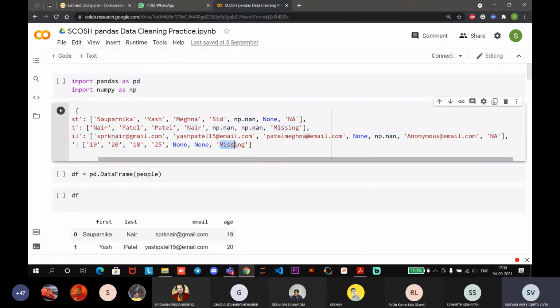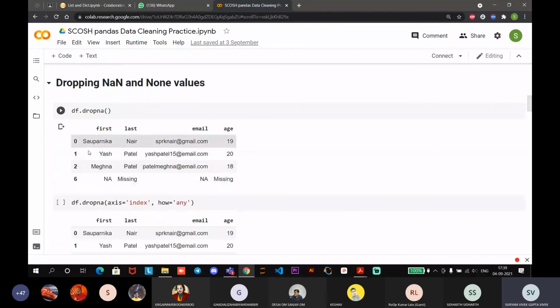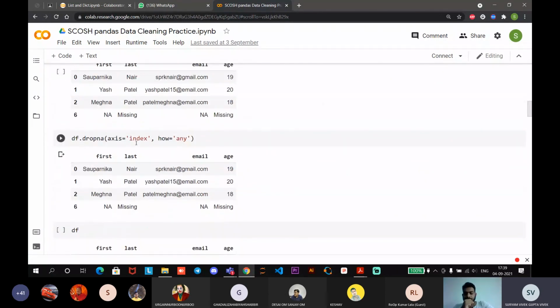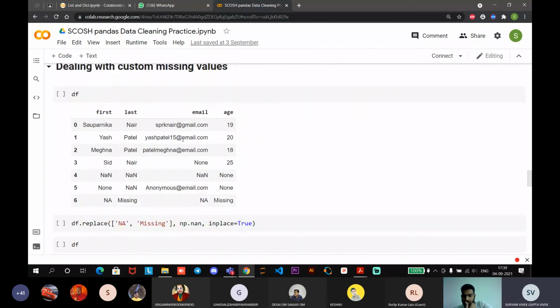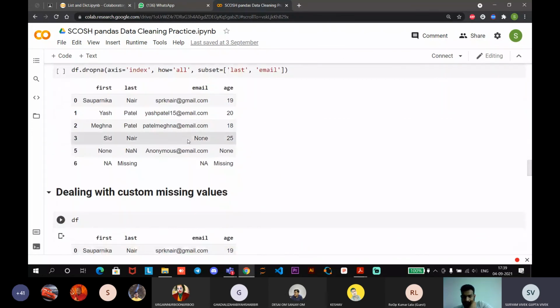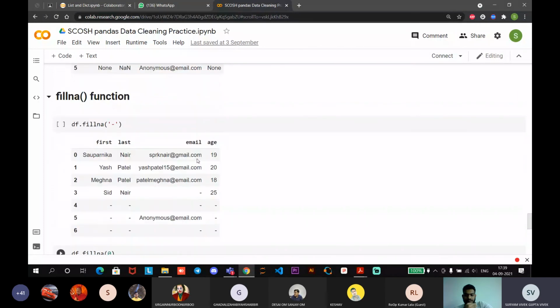तो custom values के साथ डील करना, ये सब are official values. none and np.nan जो pandas रिकॉग्नाइज कर सकता है तो इनको क्लीन करना। बेसिकली ड्रॉप na फंक्शन होता है तो जो भी फालतू वैल्यूज थी वो ड्रॉप हो जाएंगी। इंडेक्स वगैरह देखना, कैसे डिलीट करना है वो सब देखना, और फिर बेसिकली फिल करना। सो बीच में अगर ऐसे नन लिखा है, na लिखा है, दिस काइंड ऑफ लुक अगली, सो देयर इज दिस फिल na फीचर जिससे वो सब डैश बन जाएगा। सो दिस लुक्स काइंड ऑफ बेटर।